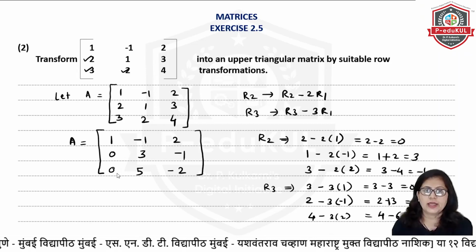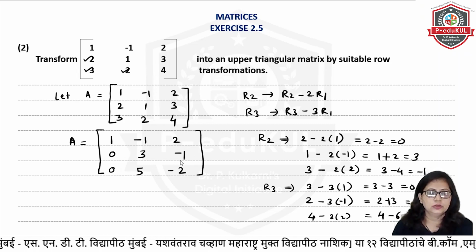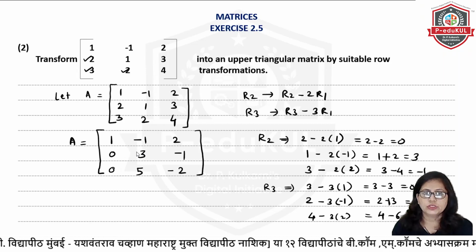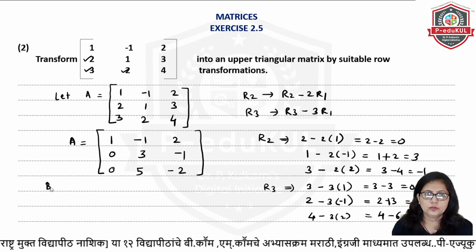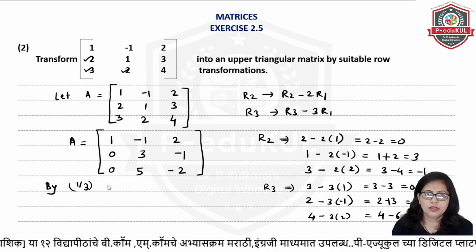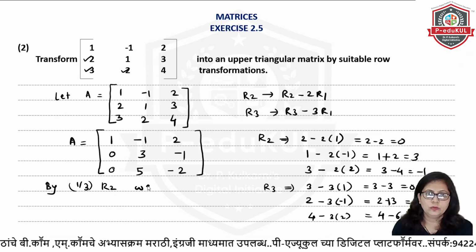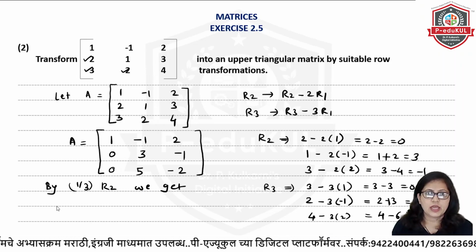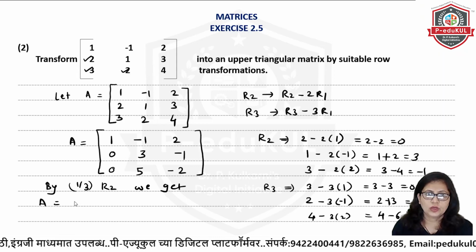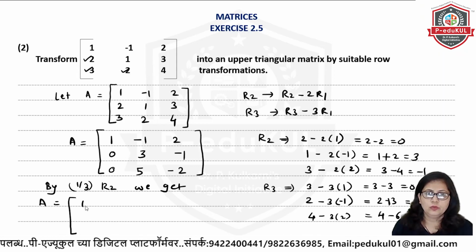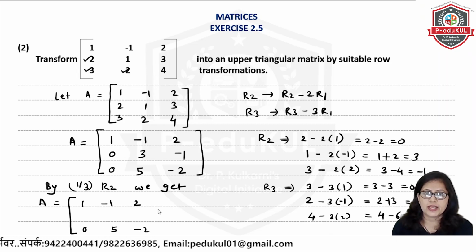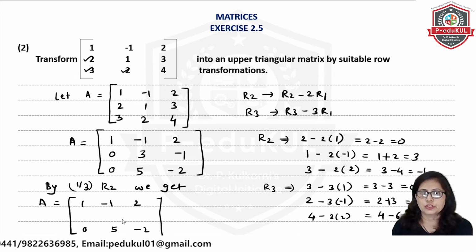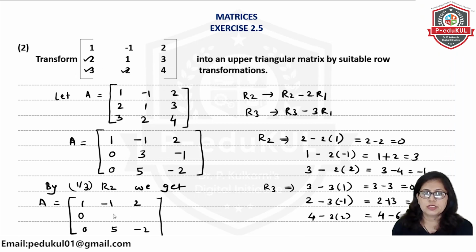Okay. So my elements are like this. Now I need to change this element to 1. So I will do 1 by 3 R2. A is equal to 1 minus 1 2. R1 will be as it is, R3 will also be as it is. First you write all this and then go for the calculation. So 0 upon 3 will be 0, 3 upon 3 will be 1, and here it will be minus 1